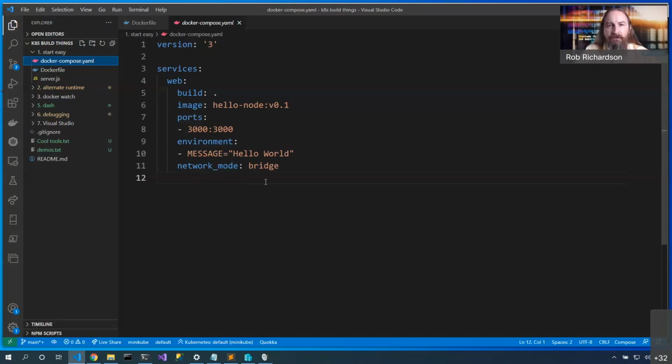Network mode of bridge. Now, by default, when we start a Docker Compose file, it will start a separate network. Now, that's great in ensuring that the containers that we start here don't interact with the containers that we start in a different file. But what if we have a Docker Compose file for our backend and a Docker Compose file for our data stores, and we're debugging the front end? Well, we want the backend and the storage to be able to communicate together. So let's use network mode of bridge in all of the places. And now it won't create a separate network. And the containers that we start in various Docker files will be able to communicate with each other. That's perfect.